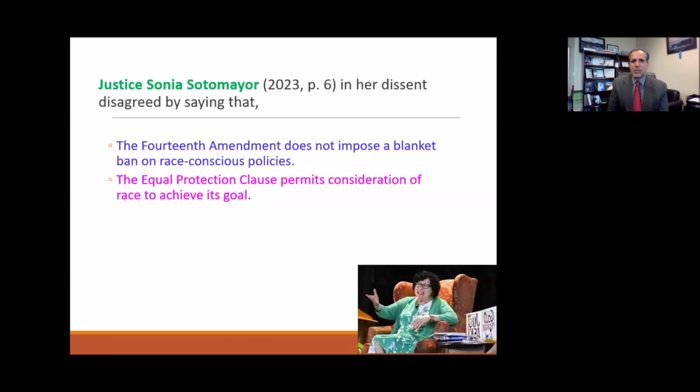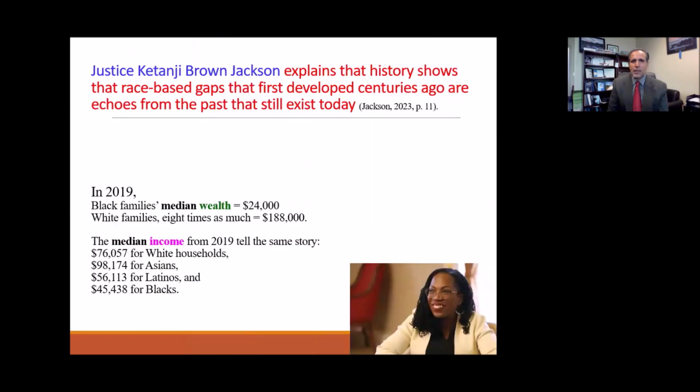However, Justice Sonia Sotomayor, in her dissent, disagreed by saying that the 14th Amendment does not impose a blanket ban on race-conscious policies, and that the Equal Protection Clause permits consideration of race to achieve its goals. Additionally, Justice Ketanji Brown Jackson explains that history shows that race-based gaps that first developed centuries ago are echoes from the past